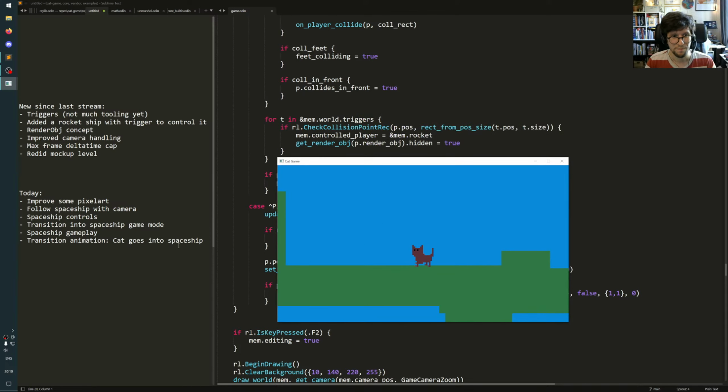And then I redid the mockup level, which means I just redid all this, and like I said, this spaceship is going to move over to the end of the level at a little plateau, but it's here right now for my testing purposes. I want to run into it, and we're going to use this a lot today when we make some